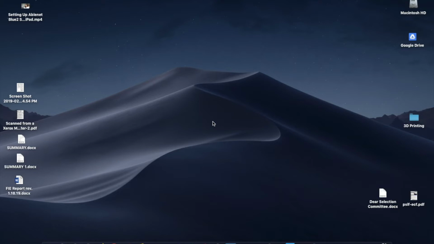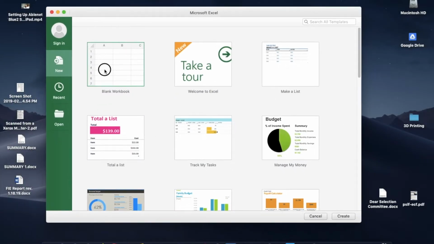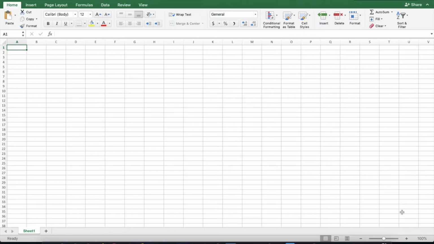Today we're going to learn how to set up a spreadsheet for your caseload. I'm going to start at the very beginning just to make sure we're all on the same page, although most of us, I assume, have this already. So what we're going to do is go to Microsoft Excel, click on it, blank workbook,